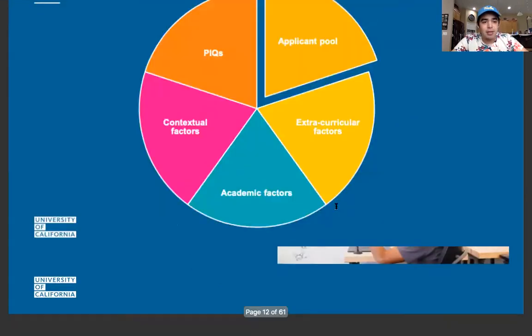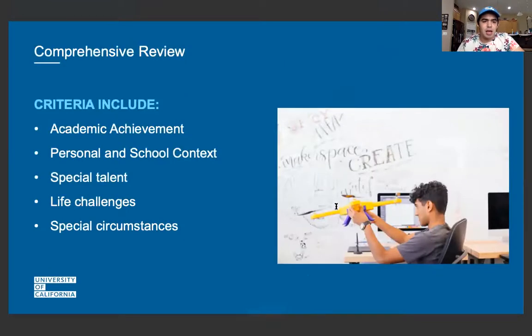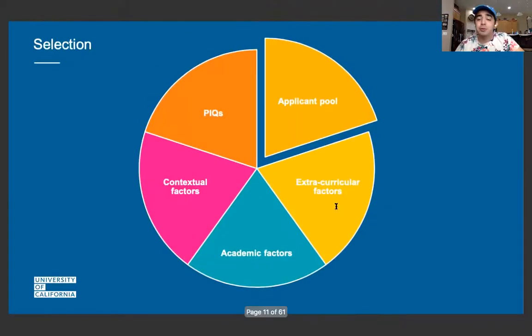Okay, there are 5 sections that they look at when they are talking about admitting you. The first, we're going to go through this. Oh no, let's go back. The PIQs, personal insight questions. Those are probably a very big factor nowadays now that they are not using the SAT and ACT. Personal insight questions, the essays that you write, they want to know about you, how you would fit into their school, how you see yourself fit, and whatever you might bring to the table for them. That is what they want. Then they're going to look at your contextual factors, where you came from, how you overcame some of your factors, what may have influenced you, things like that.